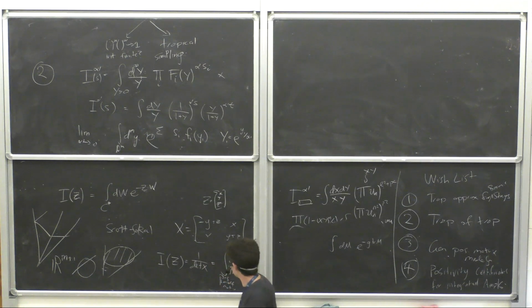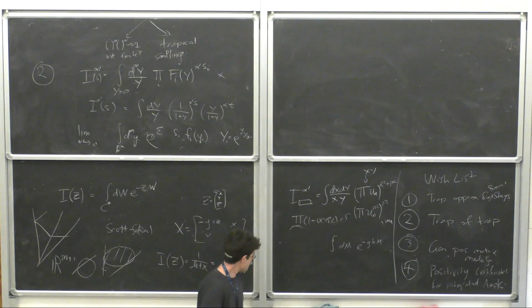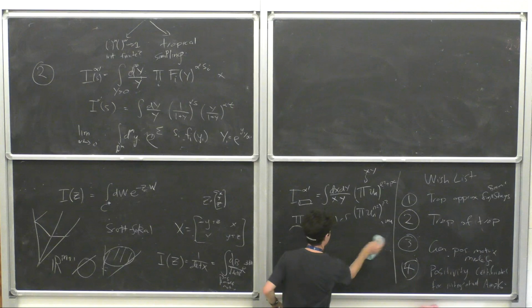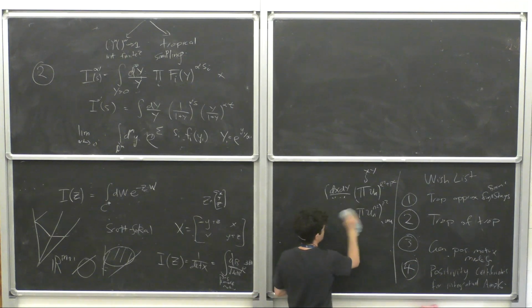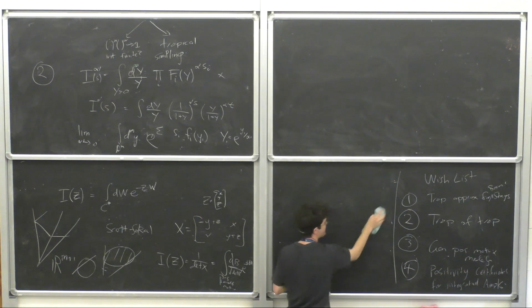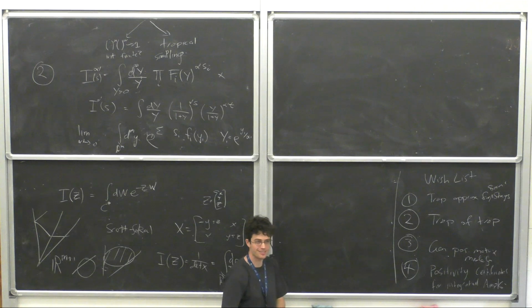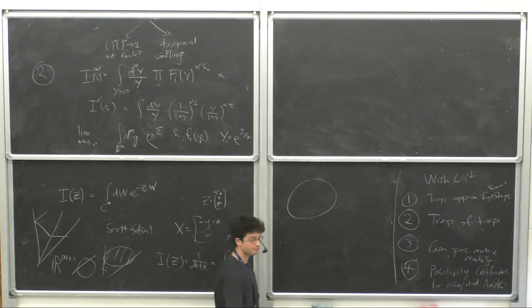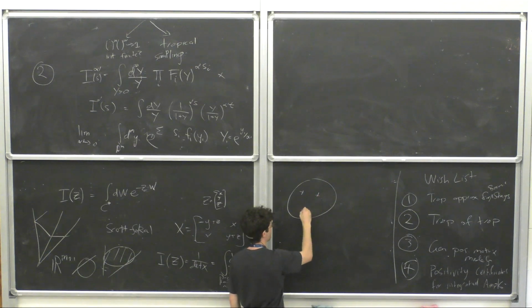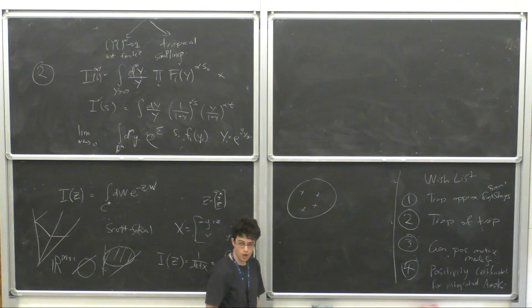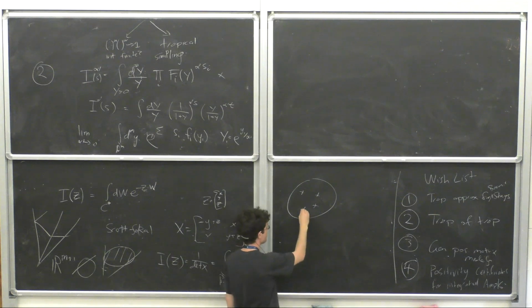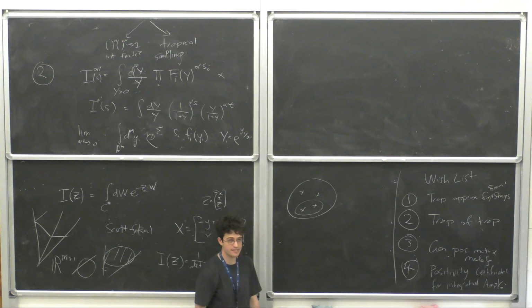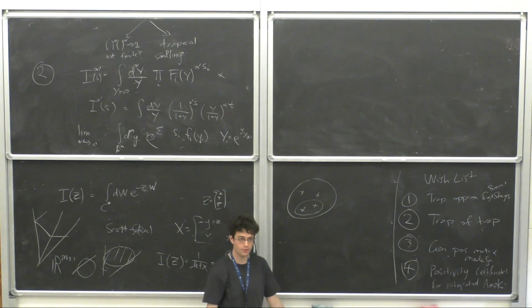So I'll tell you that for just knowing, these tropical functions do know about the closed propagators. So for example, here's the Riemann sphere, and then I can put some punctures on it. The closed string propagators correspond to boundaries of the moduli space given by closed curves around those punctures.